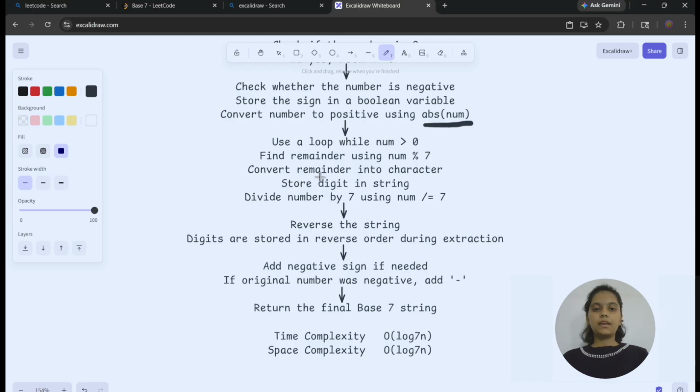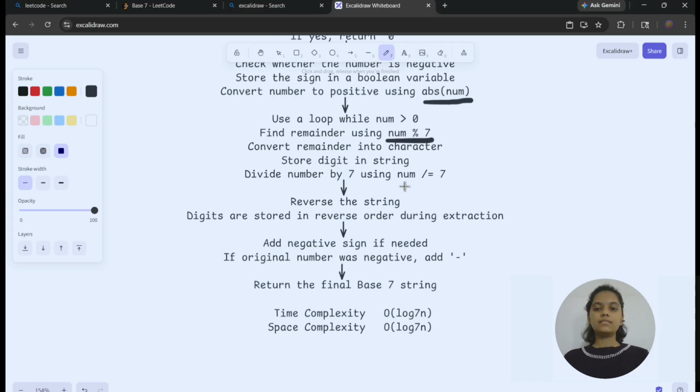After that I run the loop until the number is 0. I take the modulo of the number with 7, take the remainder, and add the remainder to the resultant string. After that, as I said earlier, I have to divide the number further.